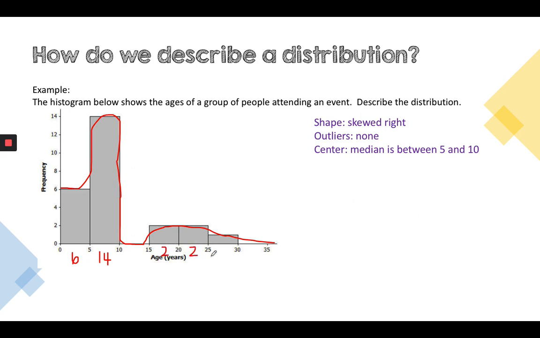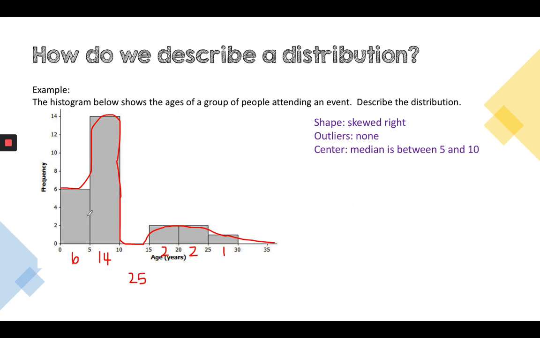2 here from 20 to 25, and then 1 down here. So the numbers are already in order. We don't necessarily know what these first 6 ages are exactly. We just know they're from 0 to 5. So this total is 25. So there's 25